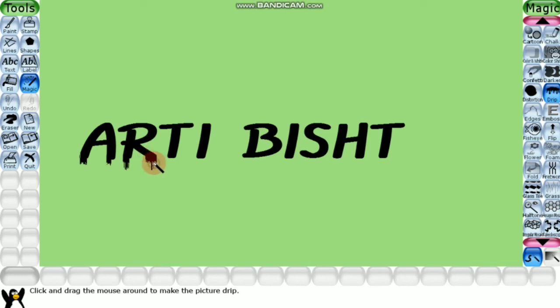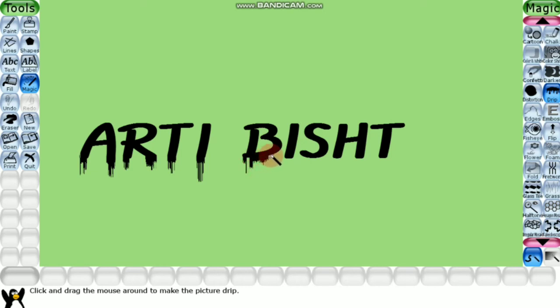You can just move your wand so that you can see that it is dripping. Like this. I hope you are all able to see how it works. It's something like paint is falling. That's why it is called the drip effect.